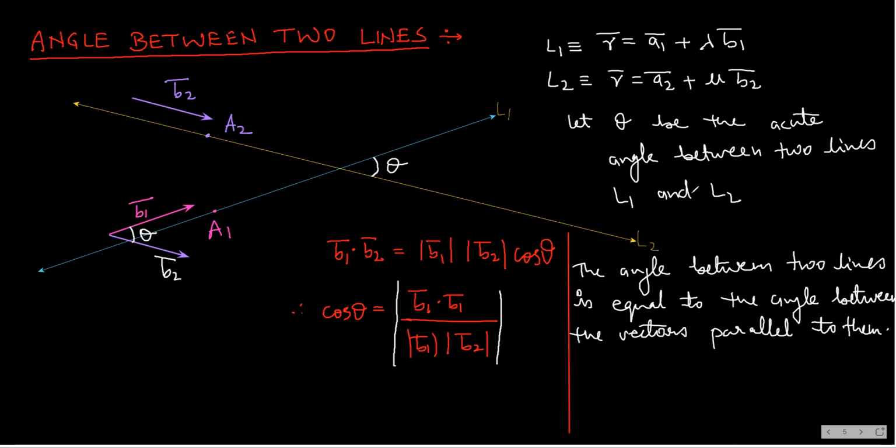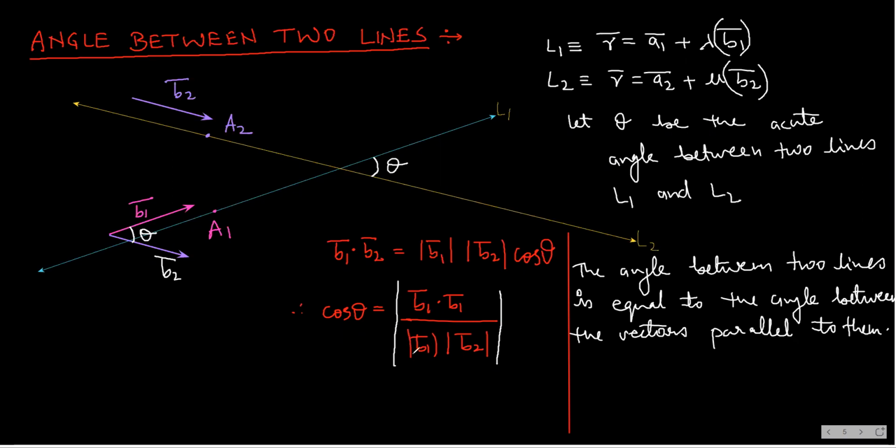Now you will be given the equations of the lines, and hence in the equation of the line you will have these two vectors already given. So with the help of these two vectors you'll be able to find B1 bar dot B2 bar upon mod B1 bar mod B2 bar. I hope this is clear. Please copy this. Once you get cos theta, with the help of the cos theta value, we can determine what theta is.